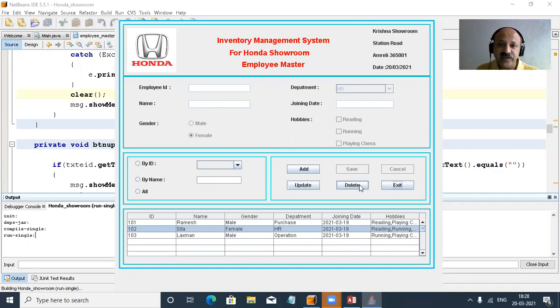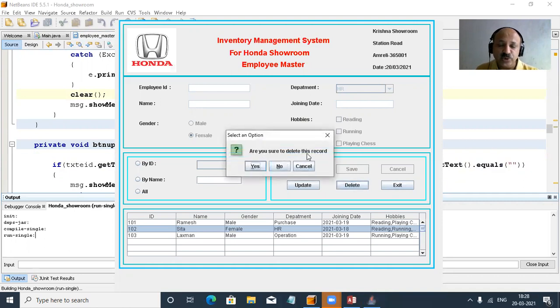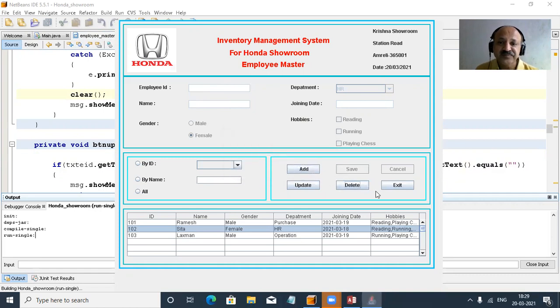And yes, we can delete, but it asks, are you sure to delete this record? But the record is not selected. So you can also apply the same validation condition in the delete operation. If the user does not select any record and directly presses delete, so I cancel. The cancel option and button are there, but you can apply the validation condition. So now I hope you enjoyed this session.